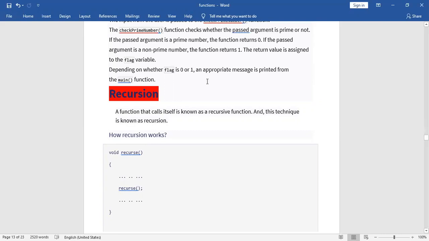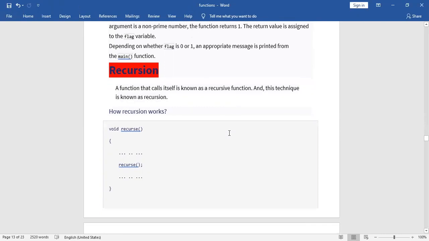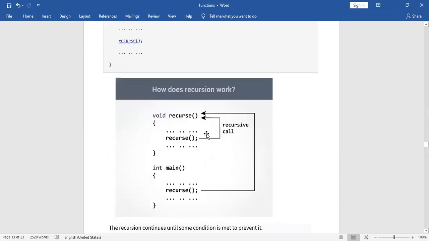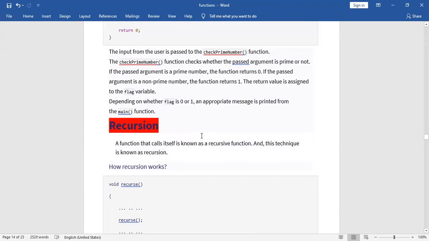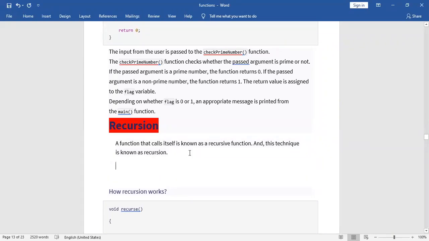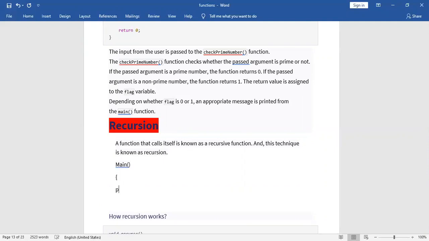Okay, for example, I'm just writing here: main, def, main. Again, I'm writing the main function